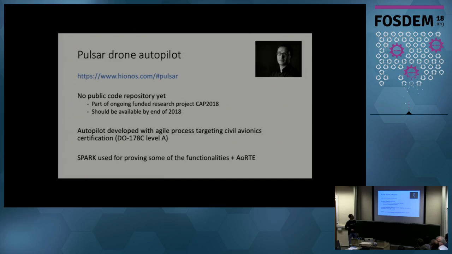It's part of a project to achieve a really high level of safety for the drone industry, so the highest level, level A, of the avionics standard, DO-178. So Spark is one part of the process that we put together around agile methods and formal methods to achieve that at a reasonable cost. And Spark is used for proving some of the functionalities and also absence of